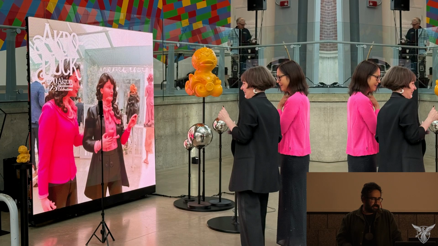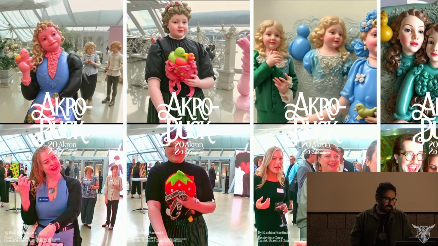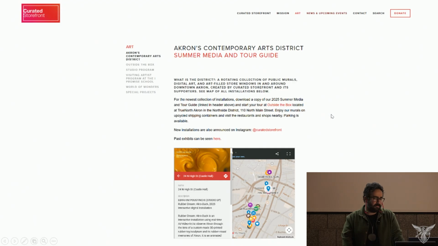Some stills from the event at Akron Art Museum, and this is what you would get when you press the button. And we had a QR code they could scan and get the photos afterward. But this is really the type of image. The project had a second life in the Akron Bicentennial as part of the Bicentennial Signature Week.